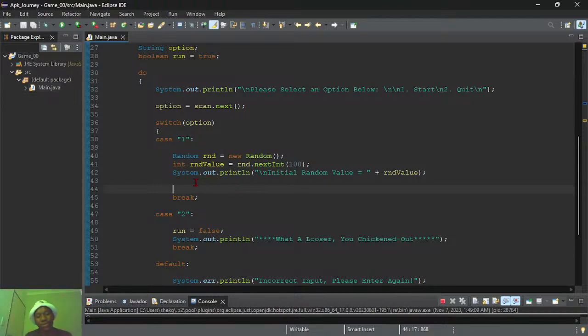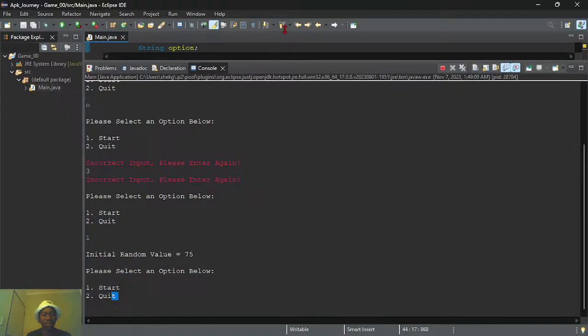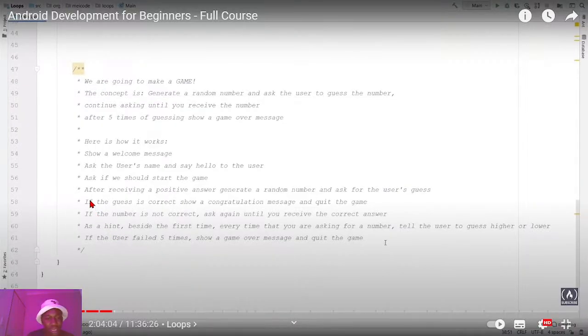We saw that it works. It does bring out the initial value, which is 73. So from here, the user is supposed to enter the guess.